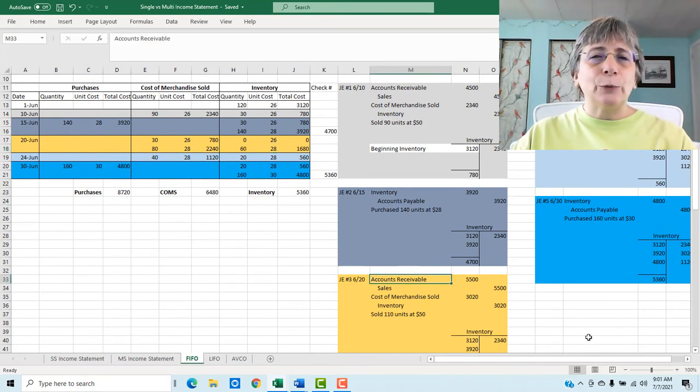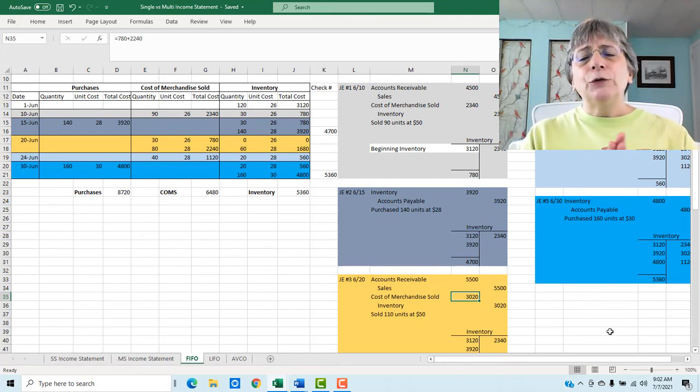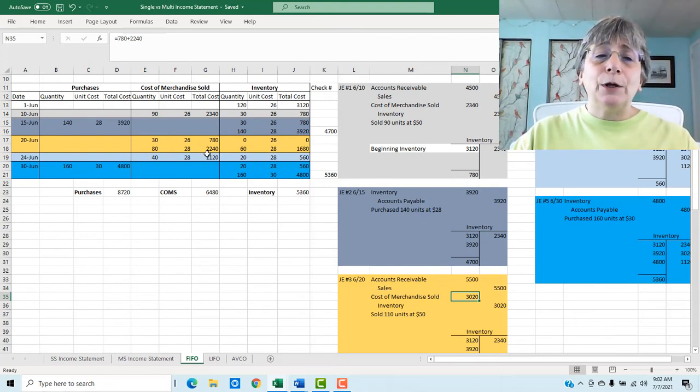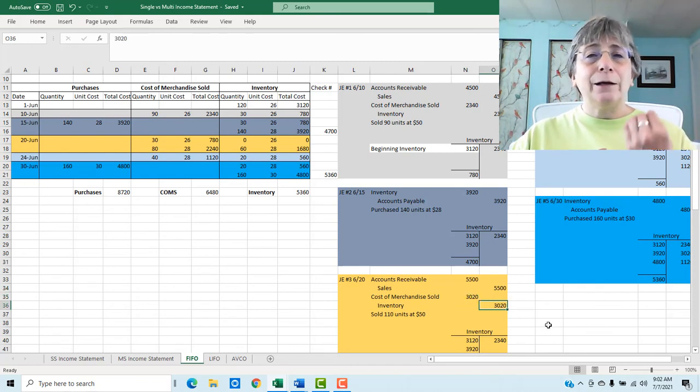So again, we're assuming that we're selling this for $50 to our customer, and we sold 110 of those. So accounts receivable $5,500 and our sales credit of $5,500. That records our revenue and it records what our customer owes us. But we need that second piece of it because this is perpetual inventory. So what we're going to use for a cost here is our $780 plus our $2,240, giving us $3,020. So we are recording our expense for those items that we just sold, and we're taking that out of our